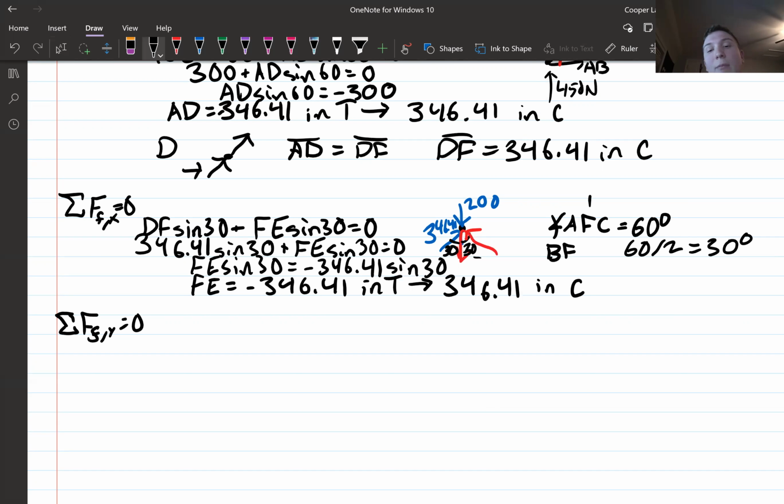Now, because I know that FE and DF are in compression, that tells me that both of them are going to be a vertical force and therefore be positive in Y. So I'm going to write those first. You get 346.41 times, and I'm still going to use that same angle of 30 because I know it. However, this time it's going to be cosine because I'm using it in the Y direction. So cosine 30